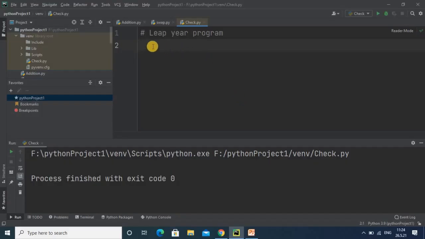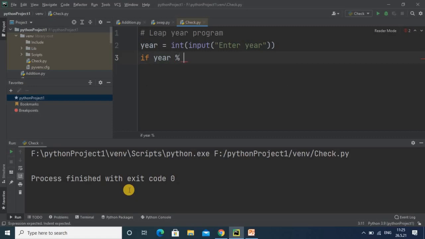So now here we are in the PyCharm editor, and for taking year as an input I am taking a meaningful variable, year, and then we will go for the input statement here. By using this statement we will get the input value in the variable year, and for testing this we will take an if statement and use that variable year, and we will take the modulus operator because we will check the remainder value, and we will divide by 400, and if the remainder is exactly equal to 0 it means it is divisible by 400.